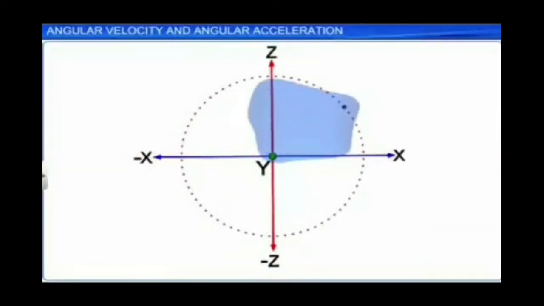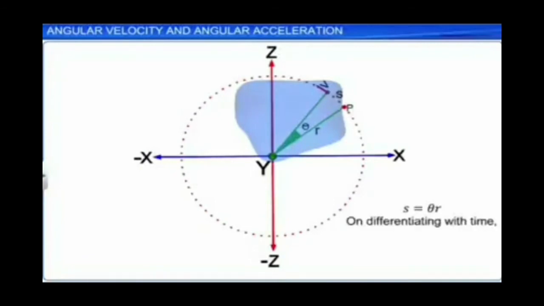Now consider a rigid body in rotation about a fixed axis. The particle P executes circular motion in a plane perpendicular to the axis of rotation with a radius r, and that radius r is equal to the distance of the particle P from the axis. And suppose the particle P has a linear velocity v. When the rigid body rotates, suppose the length of the circular path followed by the particle P in a time interval delta t is s. So s is the length of the circular path followed by the particle.